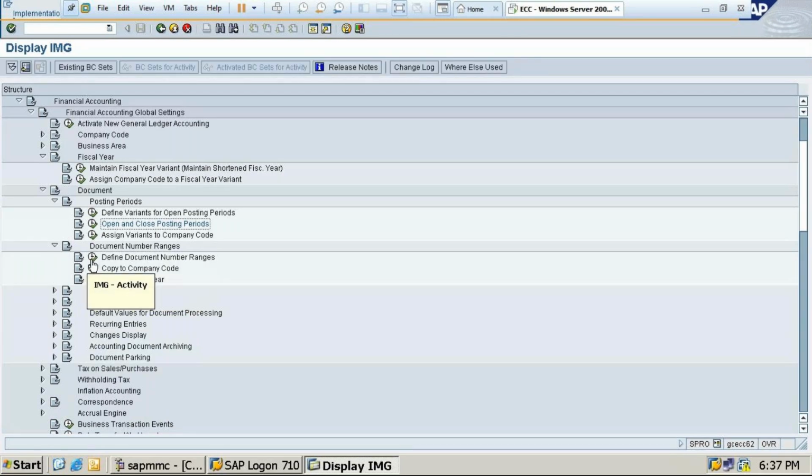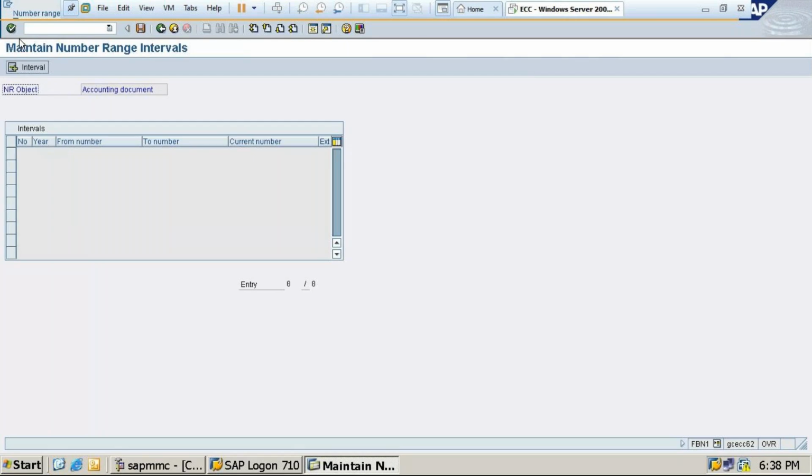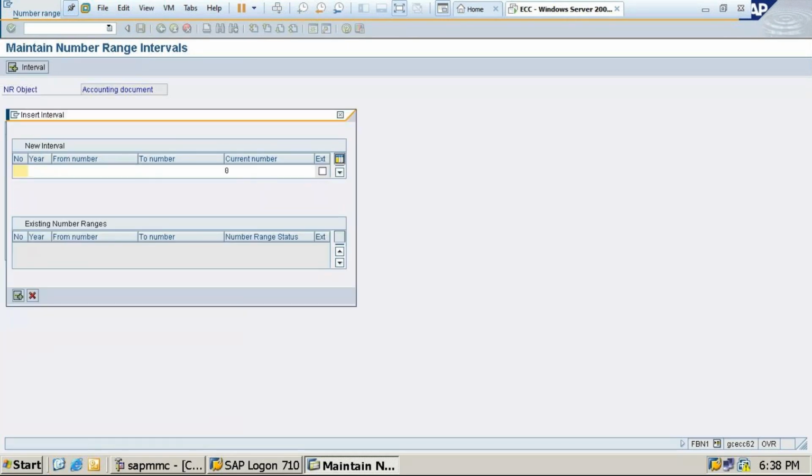And define document number ranges. Okay, so same company code you need to give students. Click on, see this is display intervals, you have to click on change intervals. So always the document number will start from 0 1. Okay, so click on change intervals, then click on intervals. So what we need to do, 0 1, always document number 1.